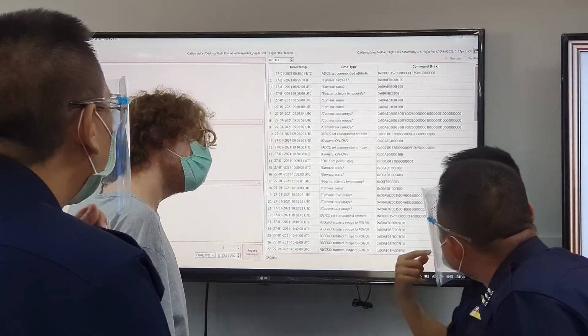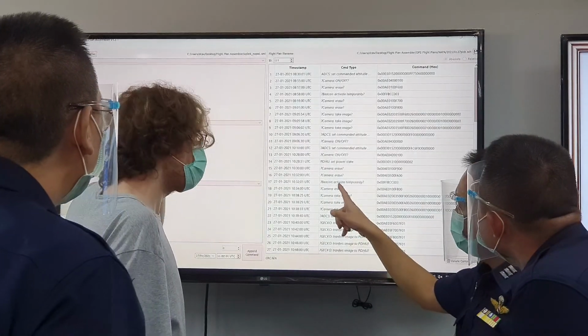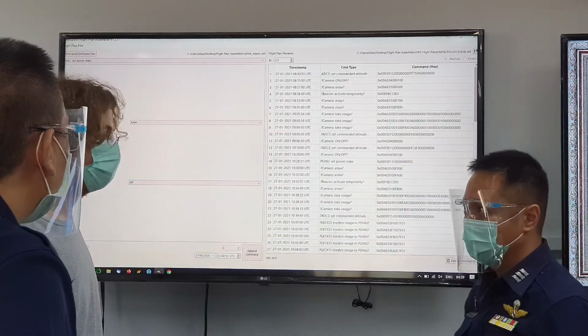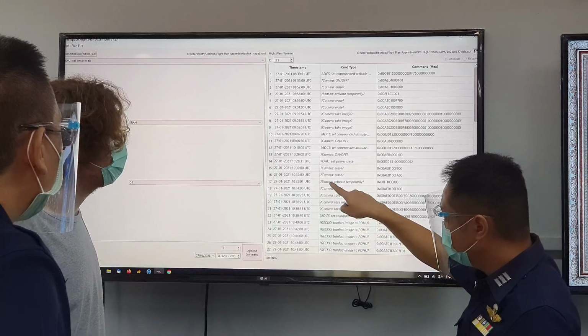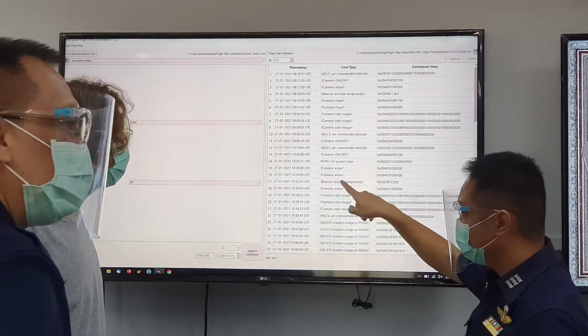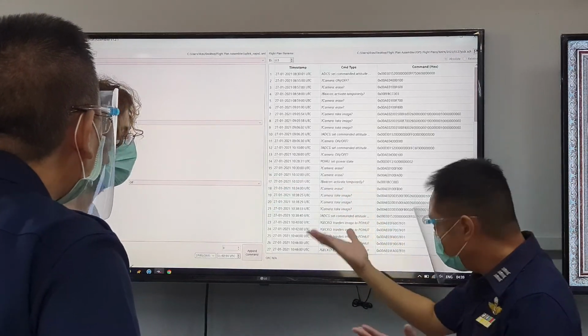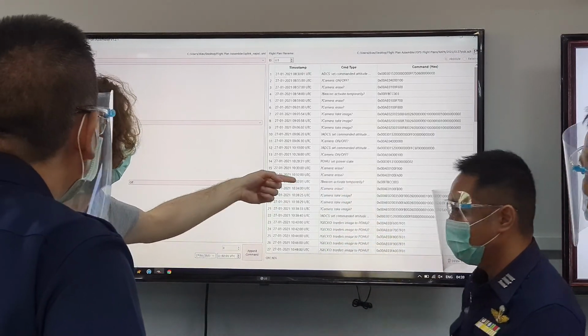We have beacons here. In my understanding, we turn on the beacon before we pass the ground station, right? Which ground station? Why do we put beacons here?